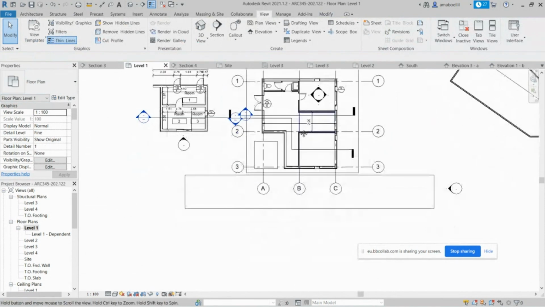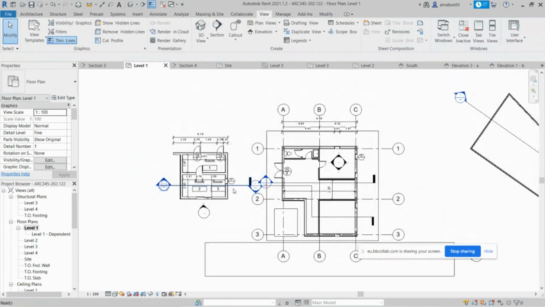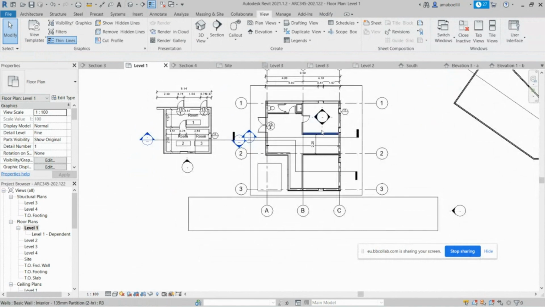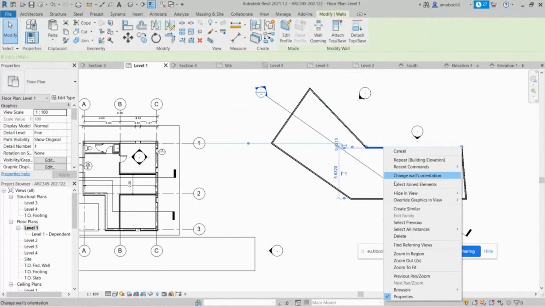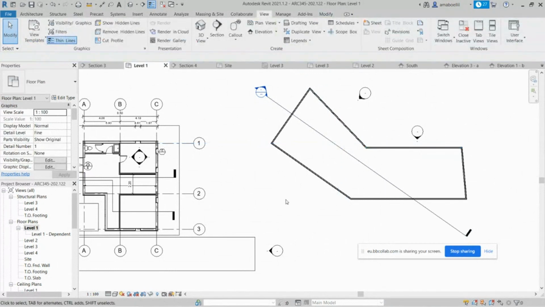But pay attention, there is a feature: if you have something in the view that makes an obstacle for you, you can pick it and then hide it in this view. So for instance, if I have anything that I want to hide, I can pick it, right click on it, and then hide in view, and then pick the element or the category. If it's trees, you can select all of the trees by one click and then hide whatever is in there. So these are 2 important things, that you do not have any obstacles in front of your elevations, in addition to